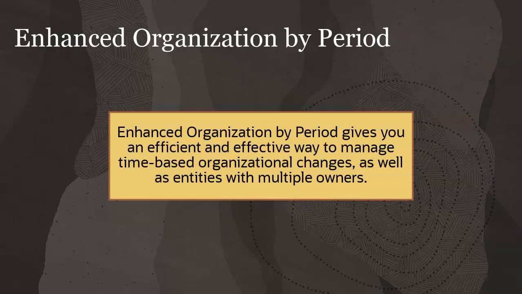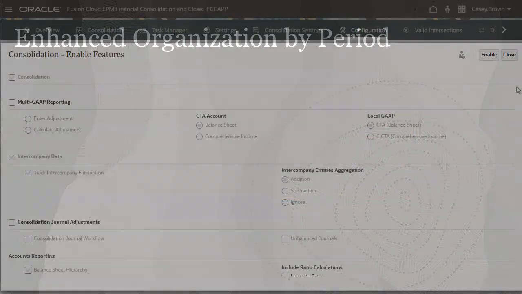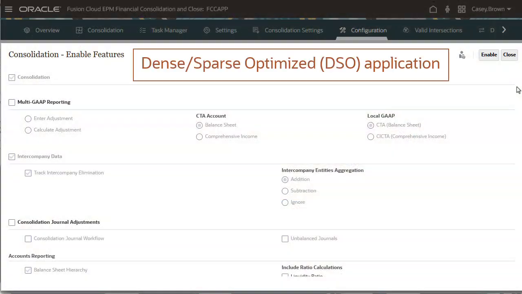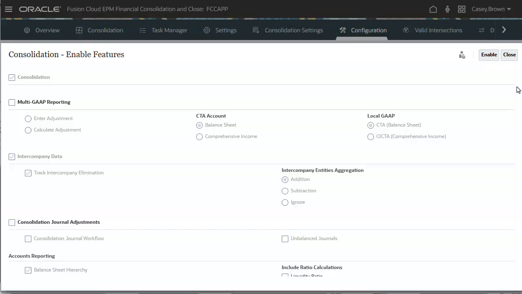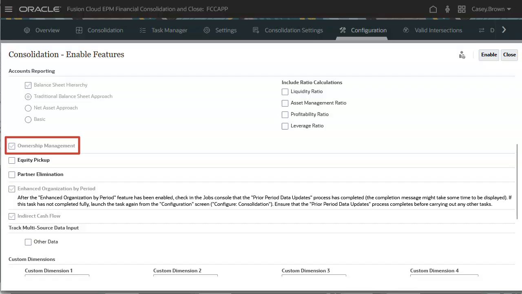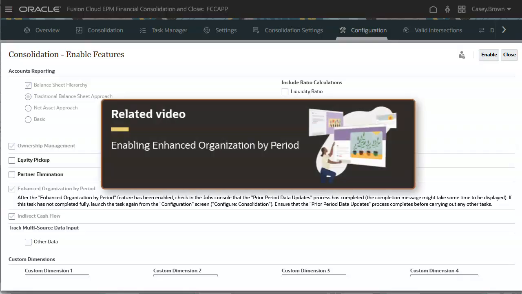Enhanced organization by period gives you an efficient and effective way to manage time-based organizational changes as well as entities with multiple owners. I have created a dense, sparse, optimized application and enabled two features: intercompany data with tracking and ownership management. You must enable these two features before you can enable enhanced organization by period. For more detailed information about enabling enhanced organization by period, please view the video tutorial Enabling Enhanced Organization by Period